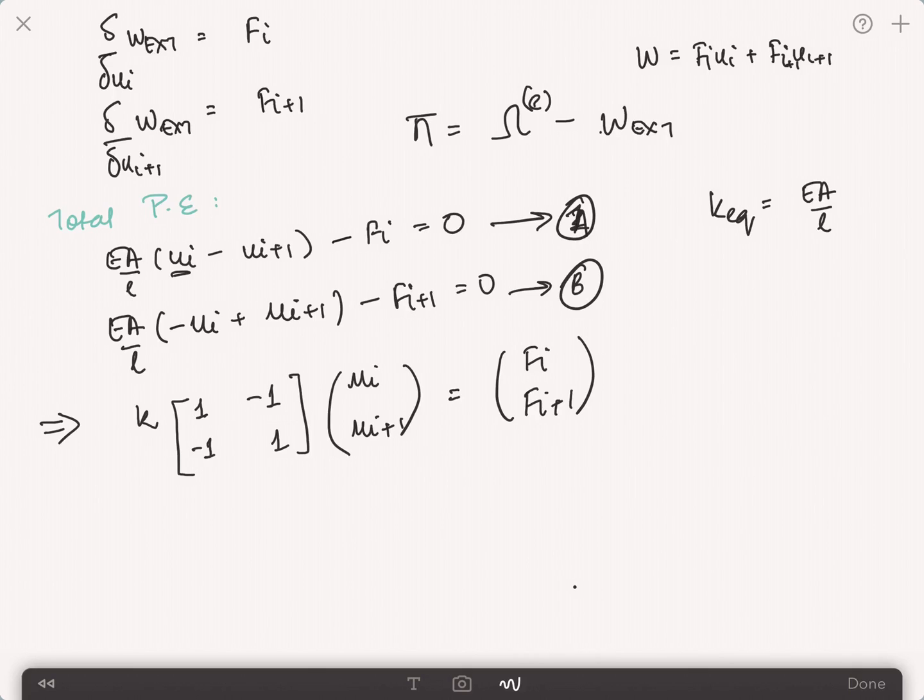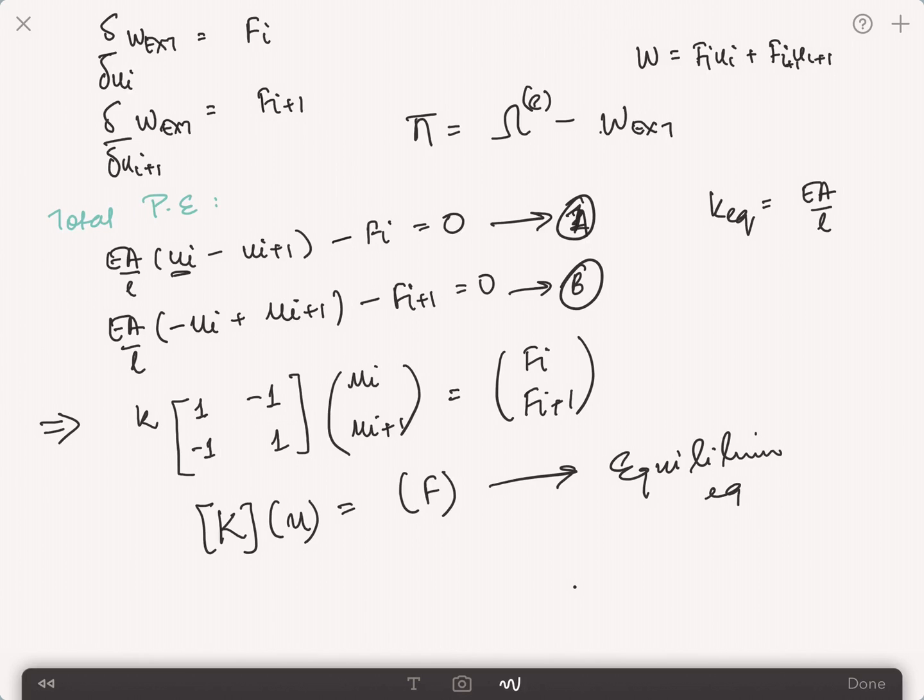So this looks exactly similar to the other equations that we have defined for every element. For a single element with a single degree of freedom at each node, we can get the same equilibrium equation. So if I just write it in a simpler format, I will always end up with this as my equilibrium equation, which is also used for the finite element method. So this is just the formulation of a single element. You can easily come up to this point, then you use the same equation to set